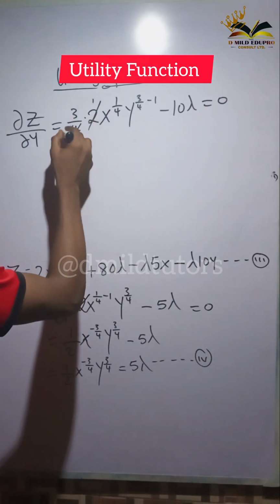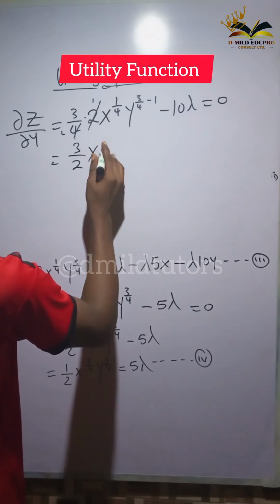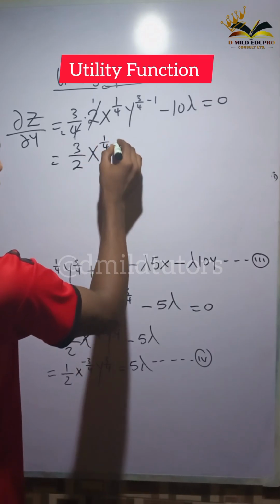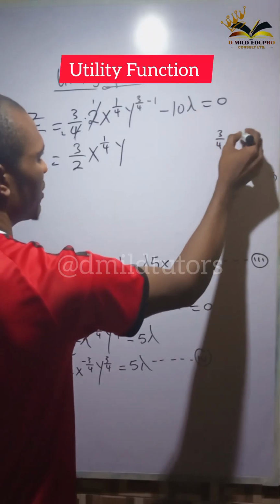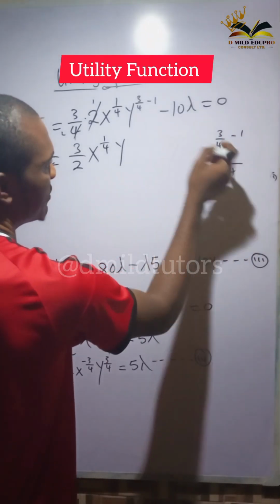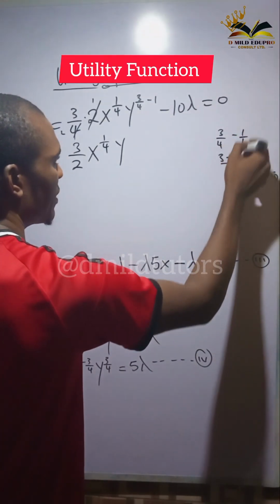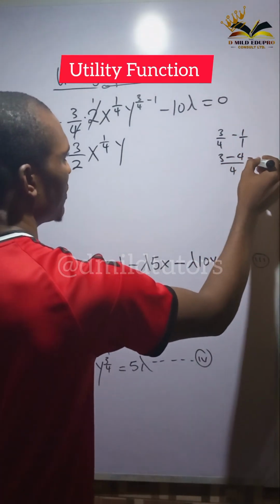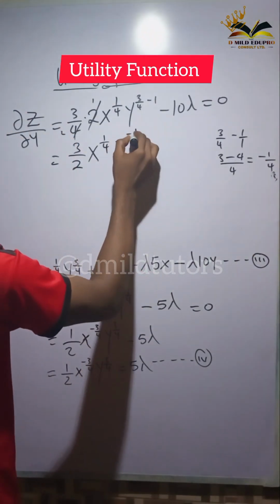2 here is 1, 2 here is 2, so this becomes 3 over 2, then you have x^(1/4), then y. To simplify this, we have 3 over 4 minus 1, the LCM is 4. 4 into 4 is 1, times this you have 3, then minus 4 into 1 is 4, times this you have 4. So your answer becomes minus 1 over 4. So here you have y^(-1/4),